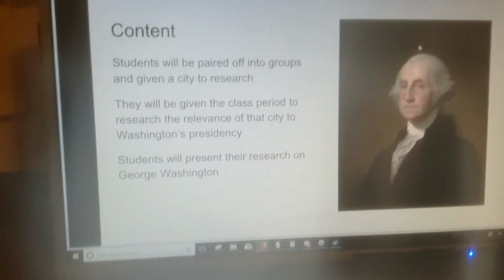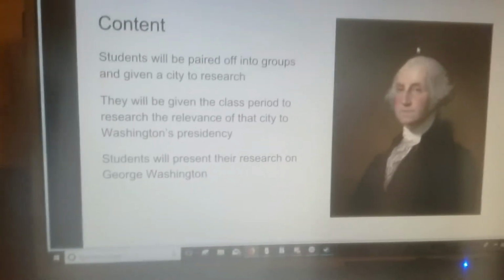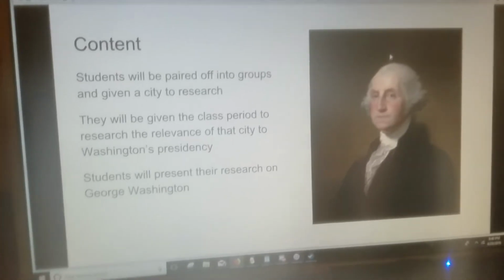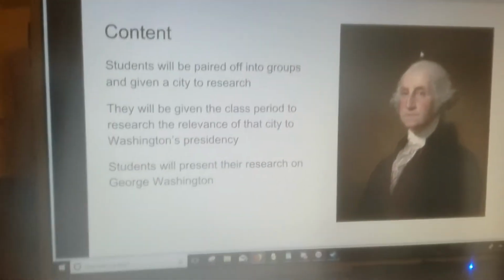And at the end of the class, students will create a tweet as though George Washington had a Twitter account, and they'll create a fake tweet pretending to be George Washington visiting that city, and then they'll be presenting that